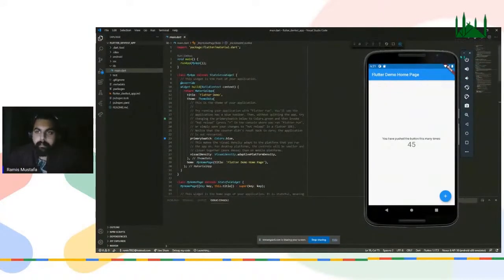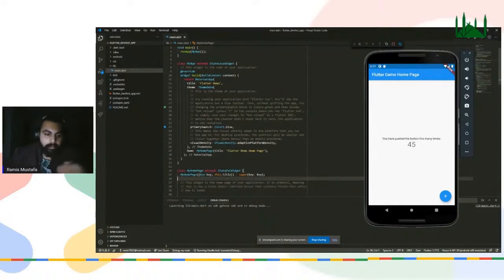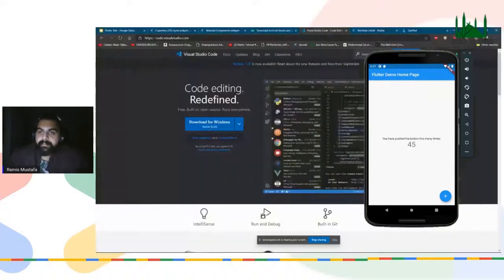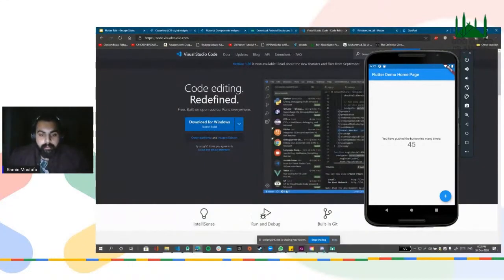I'm going to skip this part because again it'll waste a little time, but the obvious result is the same thing that we saw on Android Studio will be happening here with the same terminal window, and the same thing. The Control S gives you the hot reload options, and the hot restart button is right here when you open your VM. So I'm going to close this all again, and I'm going back to Android Studio